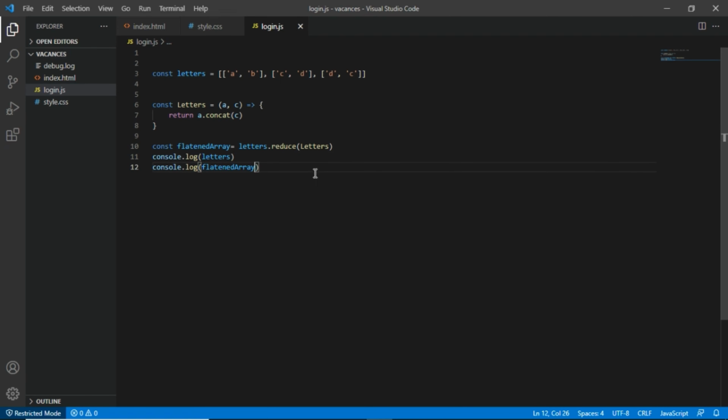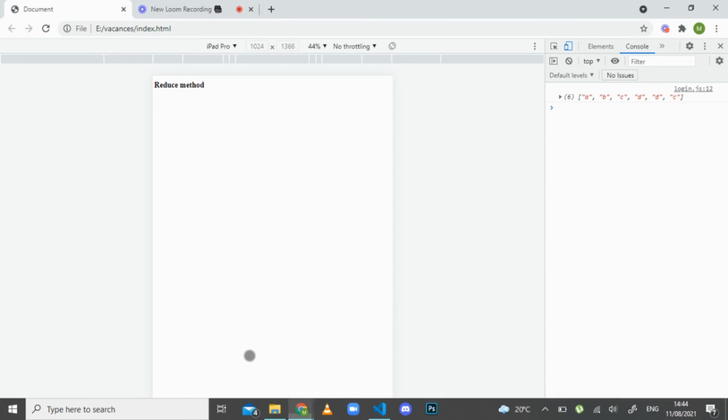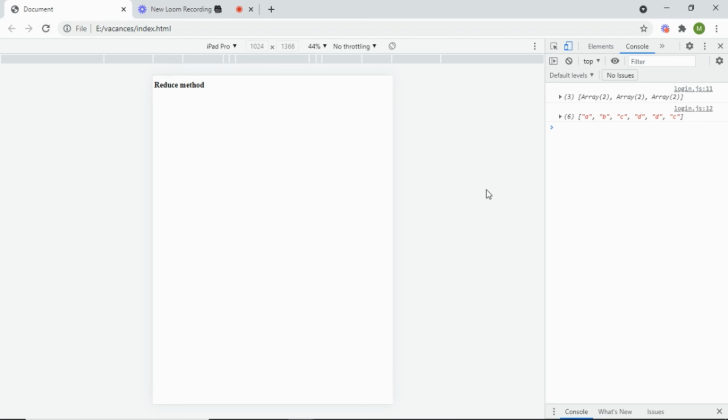So you'll basically see the difference between this array that has nested arrays and the reduced array where we have gotten rid of those nested elements. So if I refresh, okay, you see our previous array is this one, and if we expand it, you see we have A, B, C, D, D, C. But after applying the reduce method to remove the nested elements, you will get this array containing A, B, C,